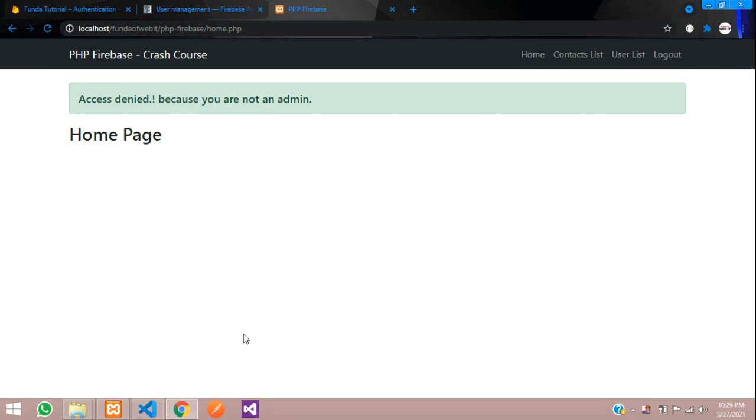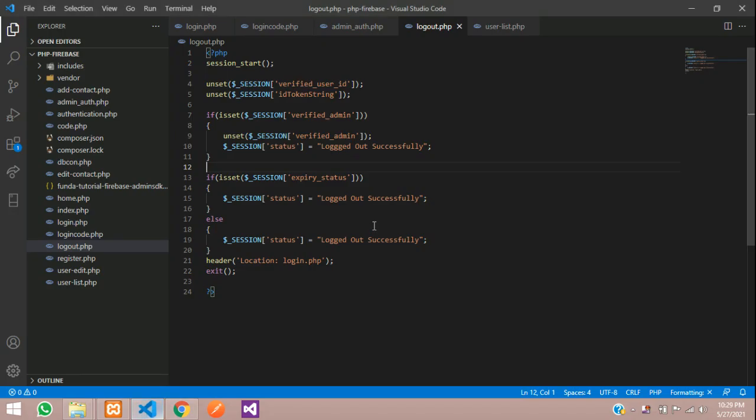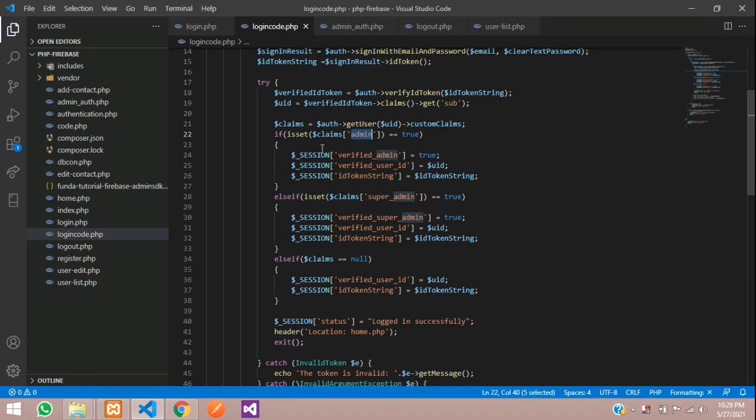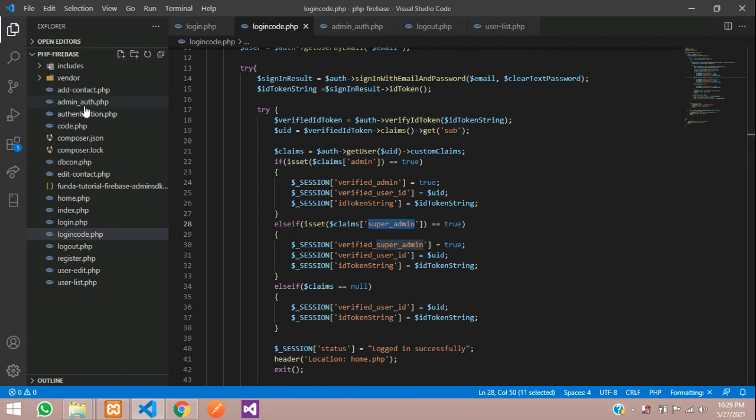So guys, now let's get back and check the last thing. Let's go to the login code, and over here, you can see we have made all the logins for admin, right? So in the same way you have to create it for your super admins also. So have your admin auth, make a super admin auth and give the roles and permissions for him also. Right now we are not giving any super admins, but we will make this for the logout thing.